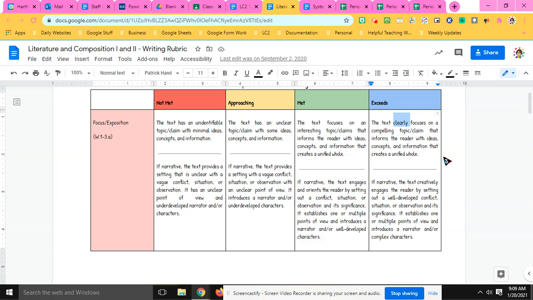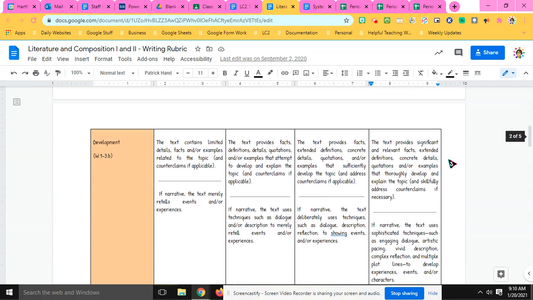But make sure that it's clear what form of systemic discrimination you're talking about and which writing purpose you're using in which body paragraph. We want to make sure that those writing purposes are blended nice and smoothly, but we want to make sure that the audience knows that we're not only pointing out problems, we're pointing out solutions and asking them to take a stand as well. Let's keep scrolling down on the rubric.